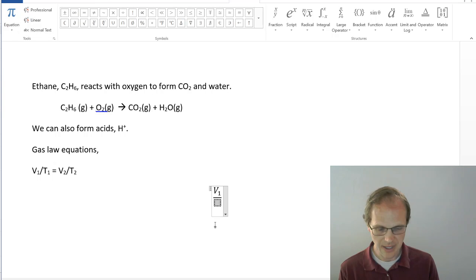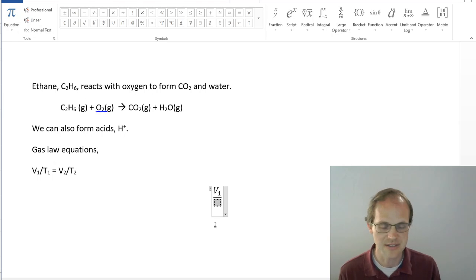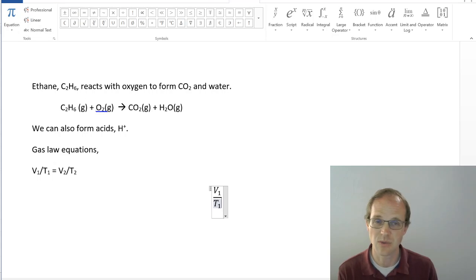A lot of these come from LaTeX, depending on how you pronounce it, which is a mathematical typesetting language. You can look it up. It does all sorts of neat things, but Word adopted a few of the conventions from it to make life a little bit simpler. So here, a subscript, a very common thing we're going to want to do. If I type my letter and then an underscore character, and then my subscript, t_1, when I hit space, Word will automatically format that to t subscript 1. It's a very good time-saving feature.